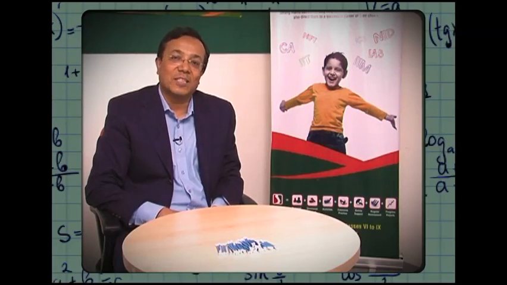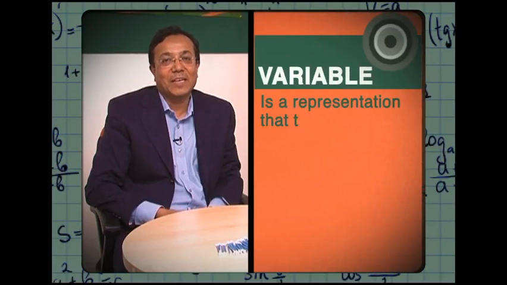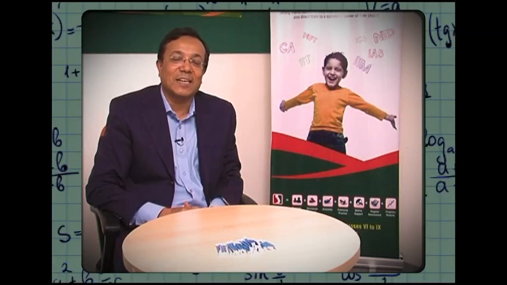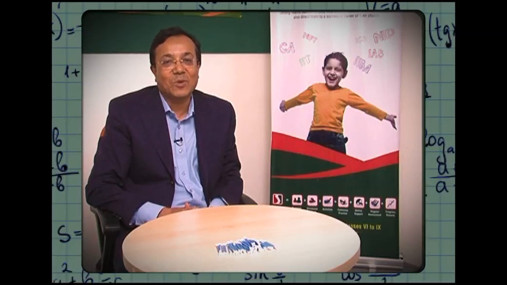One of the more difficult things to explain to children is the concept of a variable. It sounds simple. A variable is a representation where it can take on multiple values. So I'm going to show you a way by which this can be done in a way which is more fun as well as interesting for children, and they do understand the real concept of a variable properly.